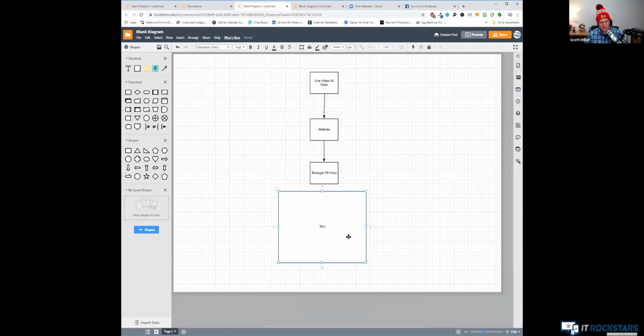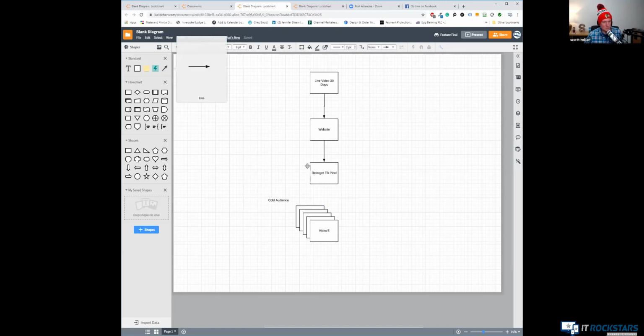If I can actually work this out, I can't. This is your cold audience. Let me just put text here, cold audience. You show them these 5 videos using the Facebook retargeting pixel. The cost is minimal because there's probably not that many people to come to your website. I mean, I showed you the stats of mine. I had 1,100 for the whole year. That's more than enough for me. So you're looking at a retargeting budget of, I don't know, it costs about 20 cents per video view. So if you've got 1,000 people over the course of a year, you can see it's quite low. It's not a lot at all.